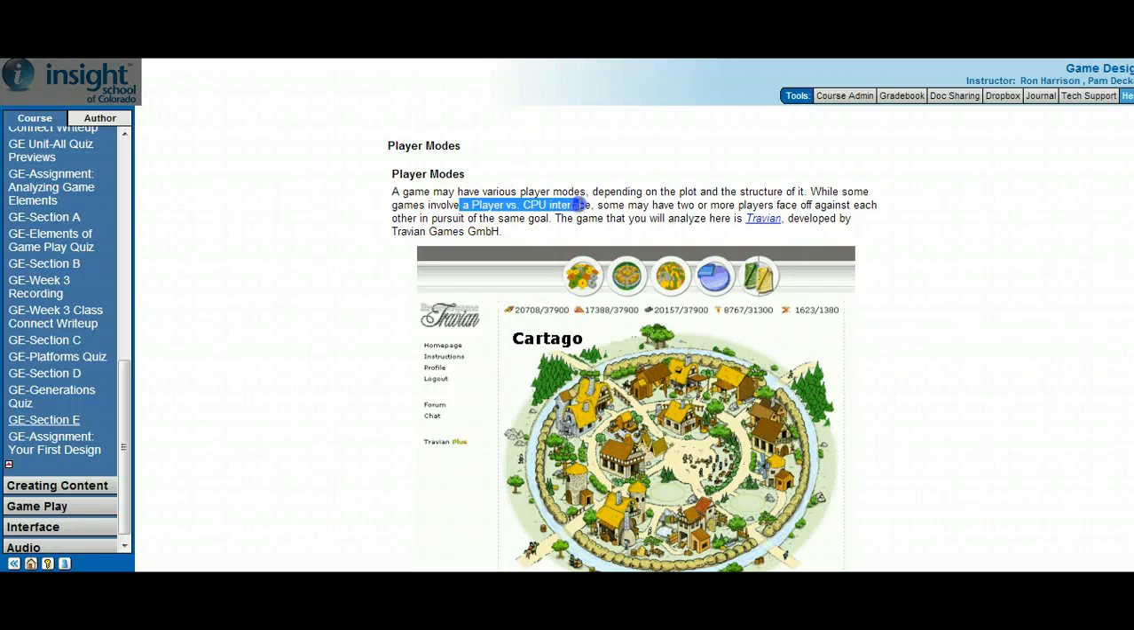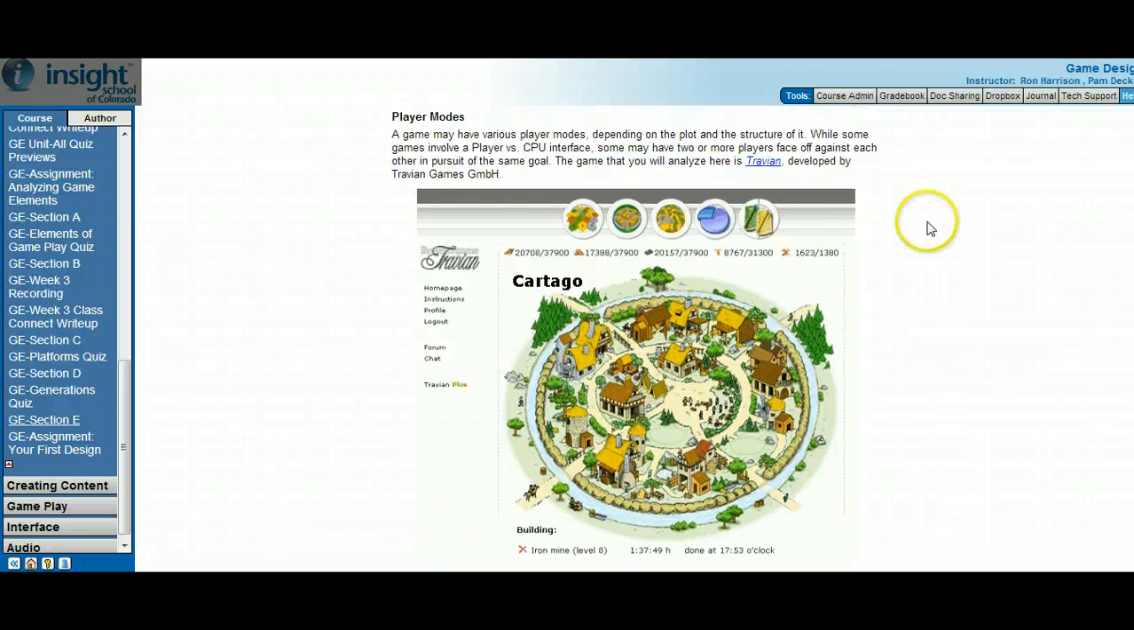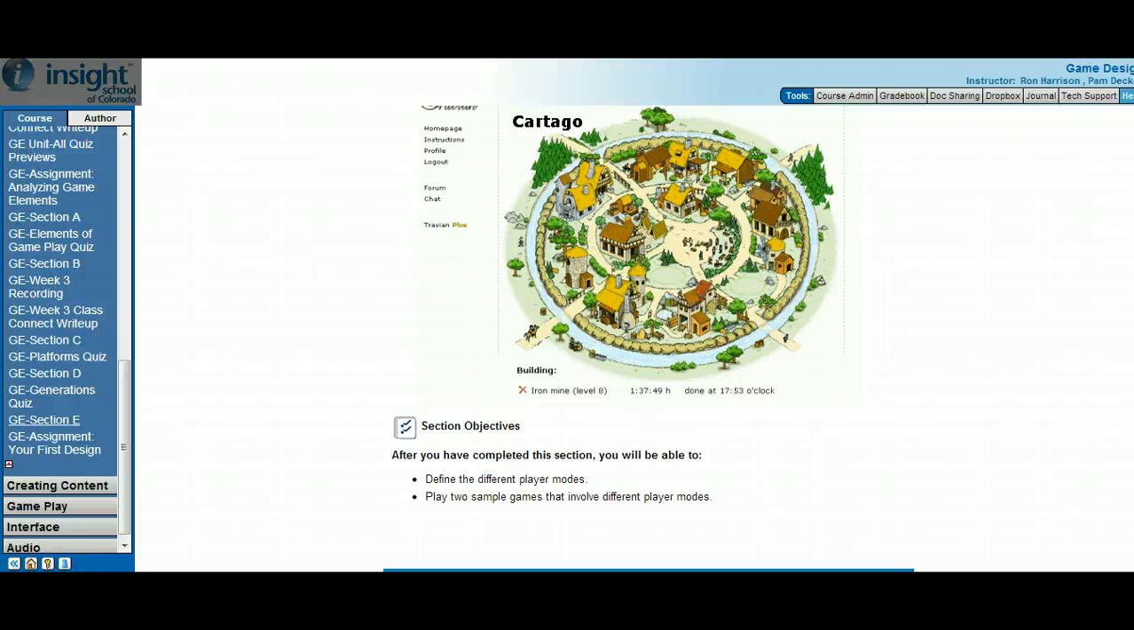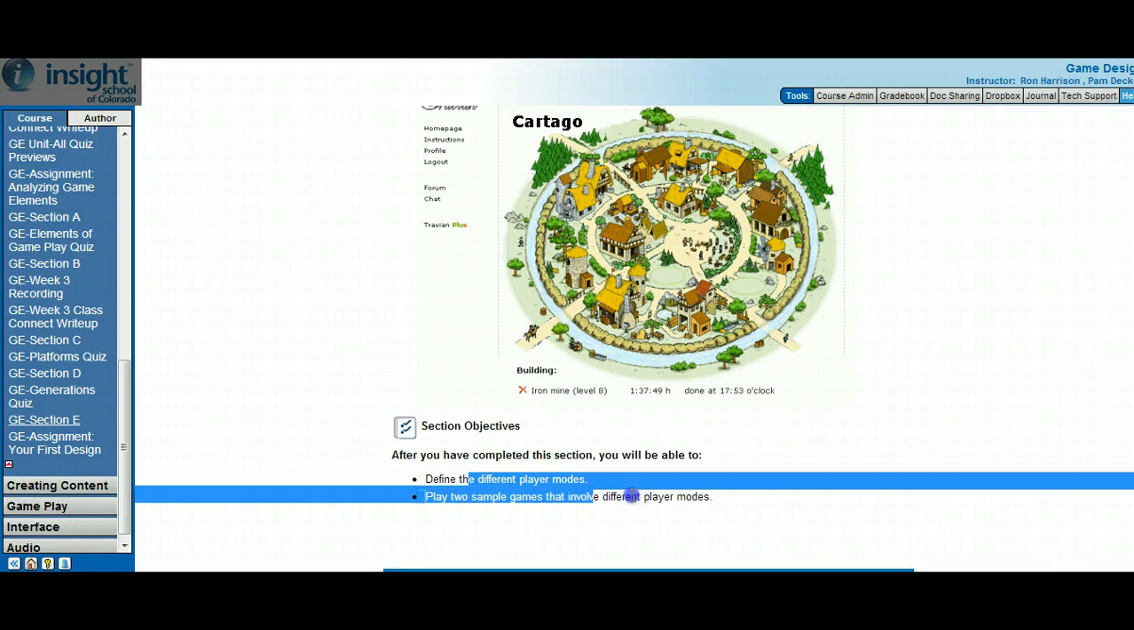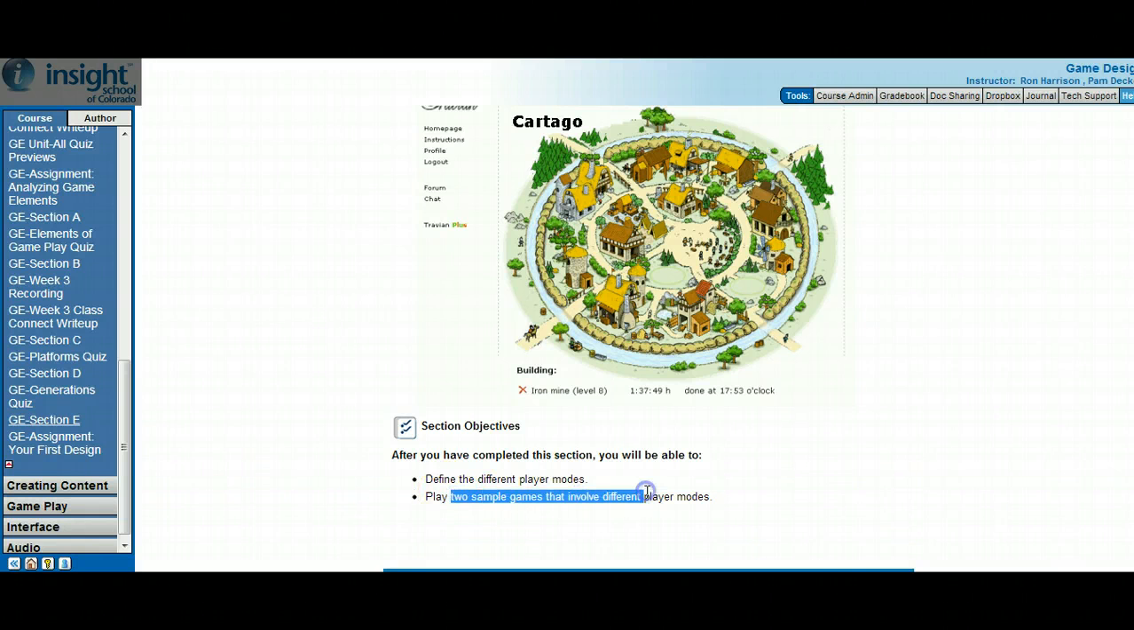Sometimes it's just a player against the CPU, against the computer, single player. Sometimes it's players against each other. Now you're going to go in, you're going to analyze this game called Travian. So you could click right there and go in and see the online game Travian. And you're going to look at different player modes and play 2 sample games with different